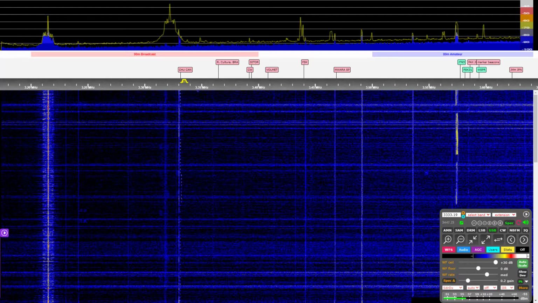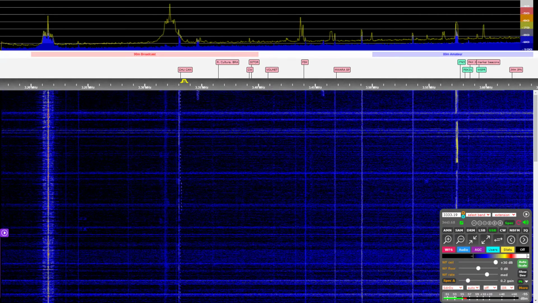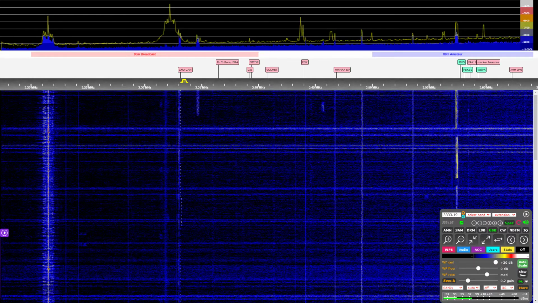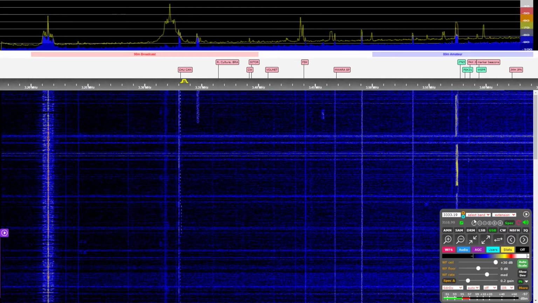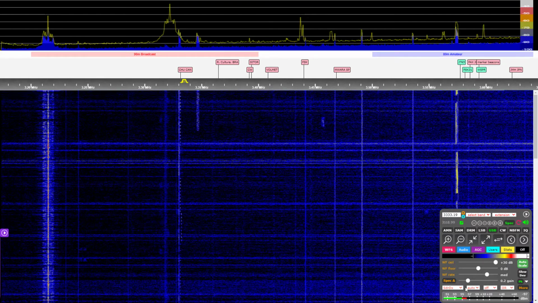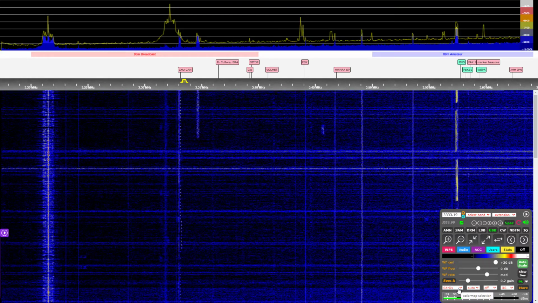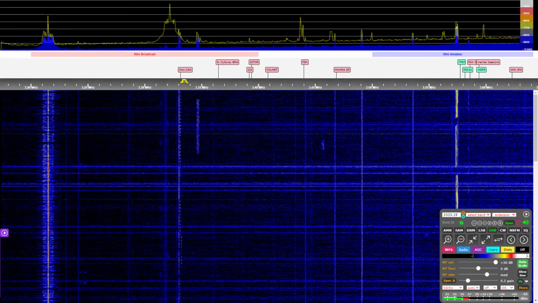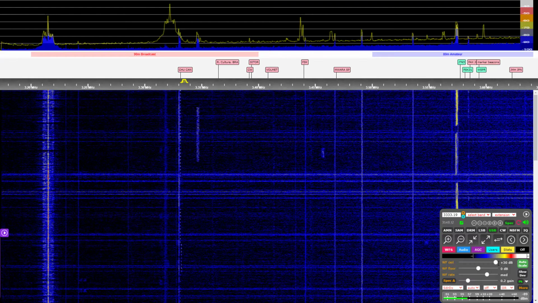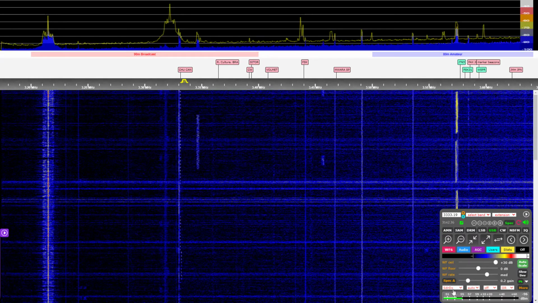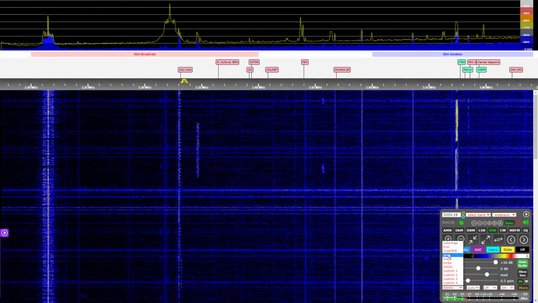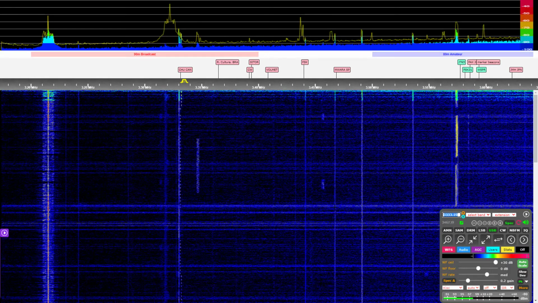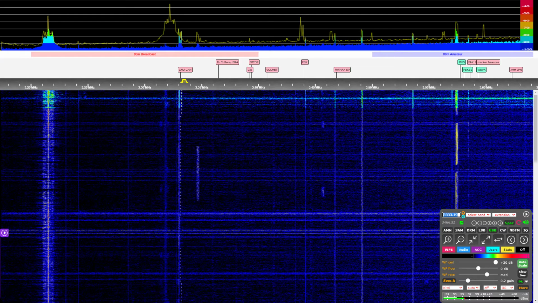All right, so there's a couple more features I want to cover before I wrap up this video. And the next feature would be the color map selection, which basically is the waterfall. By default, the first time you crank it up, it's going to be Kiwi. So I'll show you real quick what it looks like.